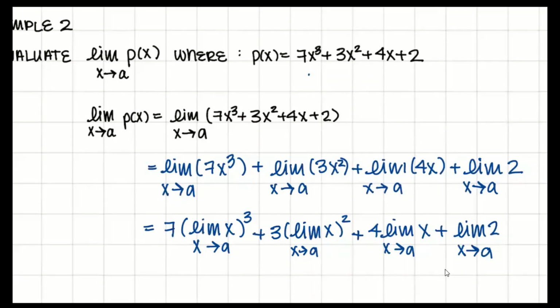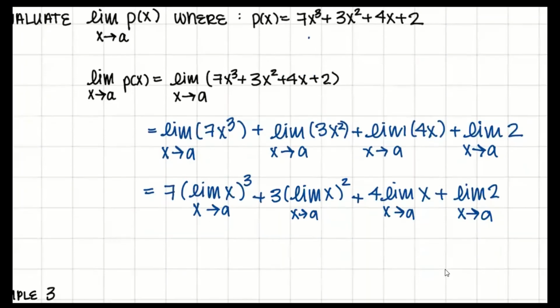So I've used my constant multiple law and my power rule to pull out my 7, my 3, my 4, and to pull out the power, because we really don't care about that to start with. The first thing we care about is what happens as x approaches a. And when x approaches a, we just get the value a. So we get